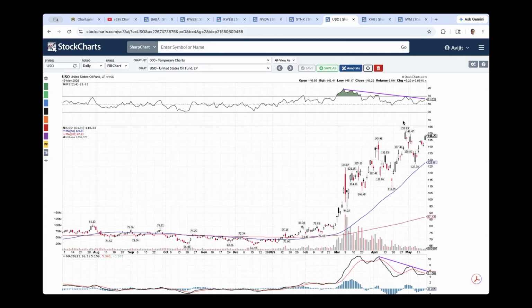But as these higher highs are forming, RSI is forming lower highs. Till the very recent RSI at 61, a lot lower than the previous peaks in RSI. So this, in some ways, is sending us a topping signal in the oil price ETF USO. And this could effectively send us potentially a possibility that maybe oil prices may see another spike, and that could be a top. From there, oil prices could come down.